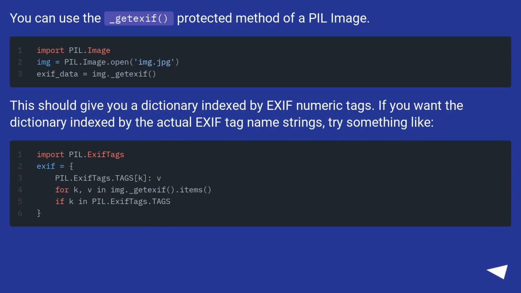You can use the _getexif protected method of a PIL image. This should give you a dictionary indexed by exif numeric tags. If you want the dictionary indexed by the actual exif tag name strings, try something like